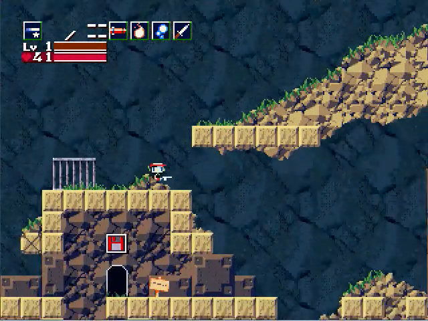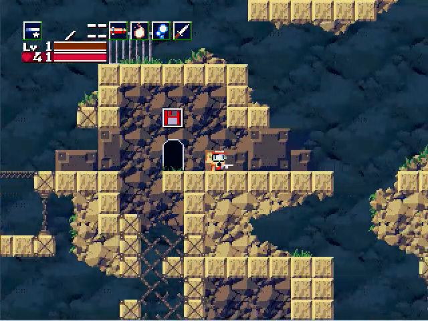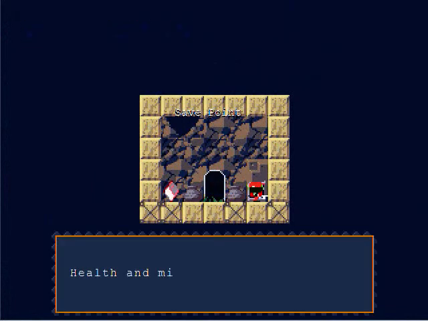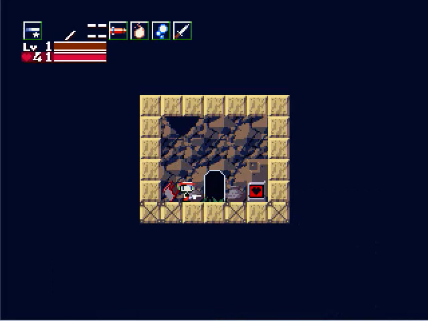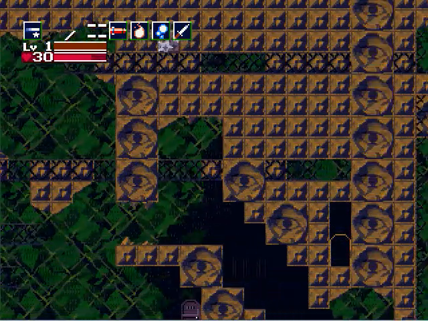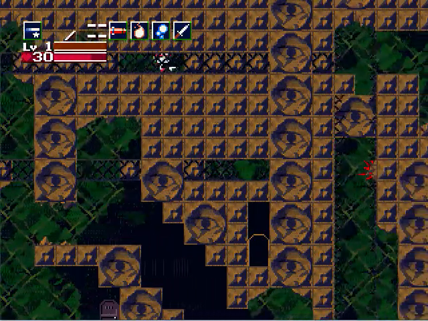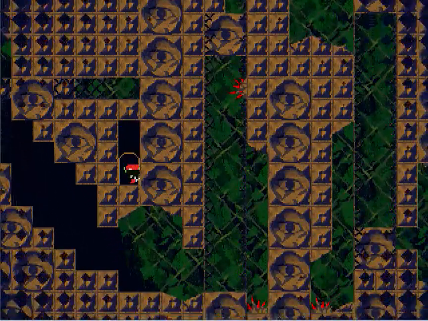So, there are a few more. Let's see. There is one place you can go to start to advance the storyline, but I think I'm going to check a few places out. So, we're going to first heal up, save up, and then I'll cut to it. So, right now, remember over here, this place we couldn't reach before? Well, we now can, thanks to the booster pack. So, we go in here,